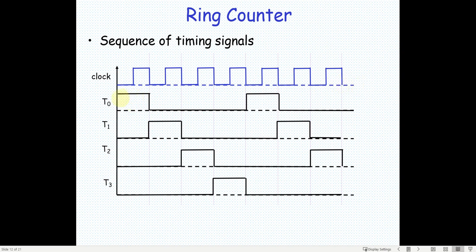But I am giving the clock to one set of registers or to the bus line where the data is being fetched. So I'll give this clock there. Every time this clock goes high, I'm going to fetch the data from the memory to a particular location. Then I give this to the write operation, where the data available in the bus is written into a register.